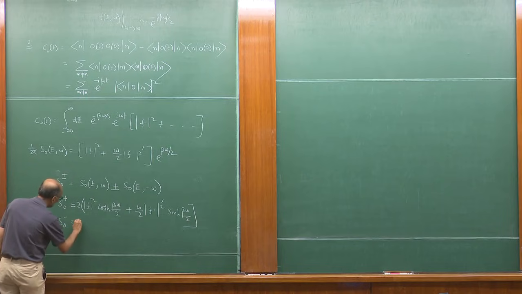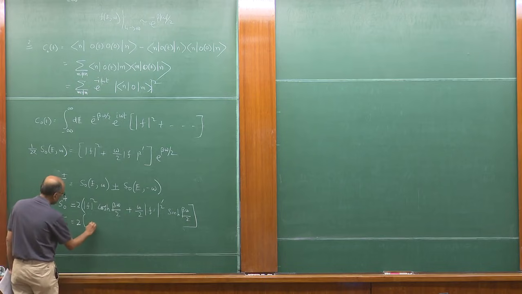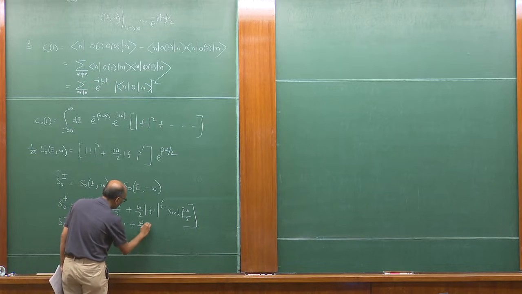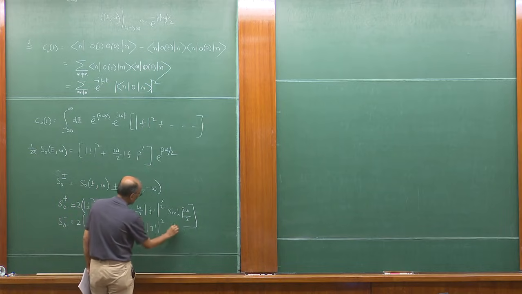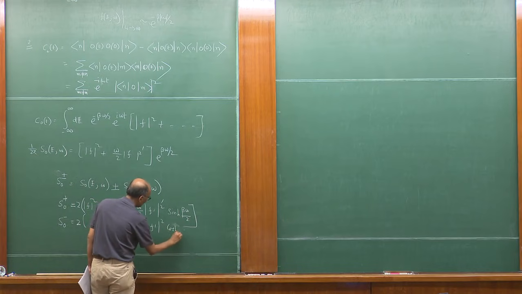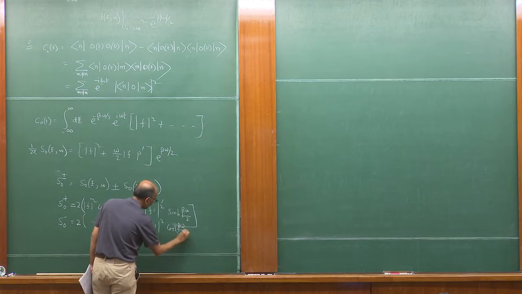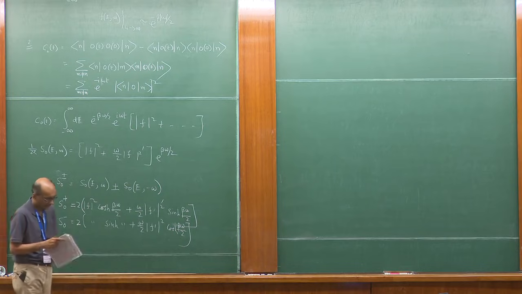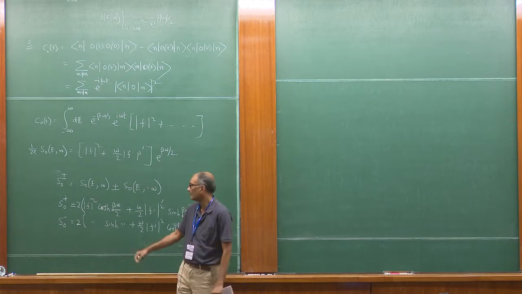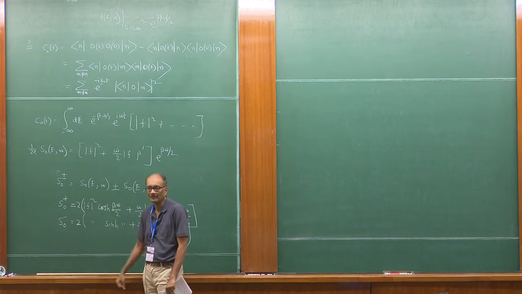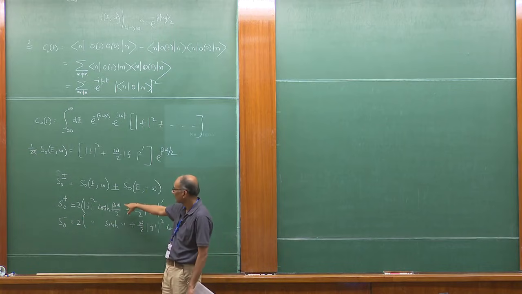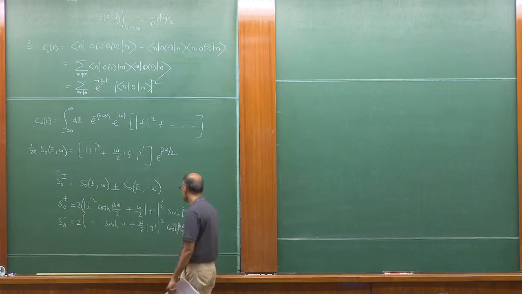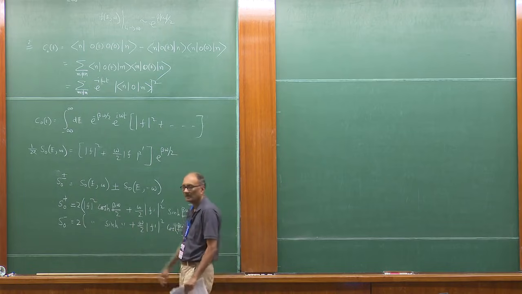S0 minus would be 2 sinh plus omega by 2 mod f square cosine. So from these, I can get a form of mod f square in terms of this S naught plus and S naught minus. If I multiply the first equation by cosine and the second equation by sinh and subtract them, then you see that this thing goes away. And so I could get,